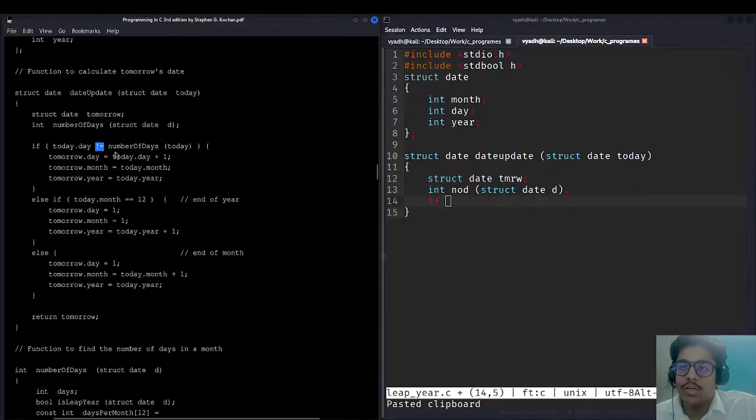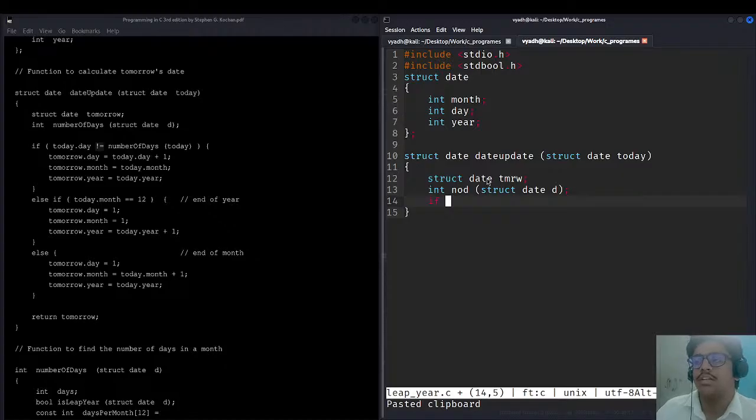So what we'll be doing, we'll be taking two cases. Firstly, we will be handling the error of the last date of the month, second we will be handling the new year, and third is the default case. So first will be the default case, third will be the handling of the month, and second will be the handling of year. You can write like if today date is equals to number of days and write this concept, and in else block you can write simply like this, but it's better to first do the large chunk case that will be used